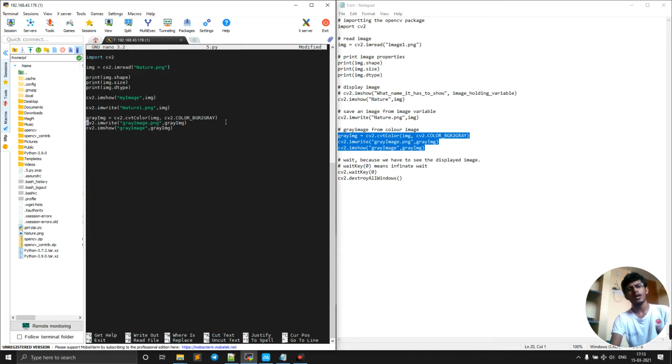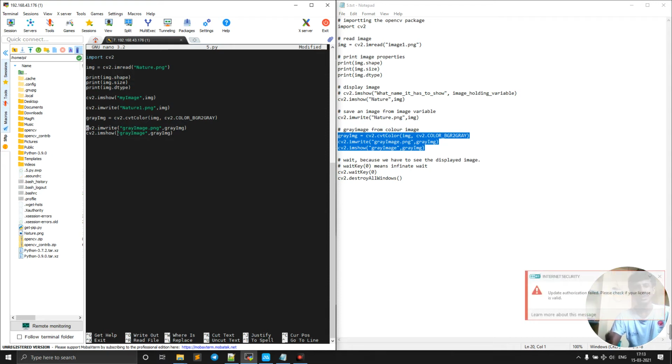This black and white image is sufficient, so we are just going to convert it with BGR to gray. Then these two, I think you know. I write to save that gray image as gray_image.png, and imshow shows the gray image. That means one is for showing and one is for saving the image. Now if I just write this much, it will suddenly show and it will close.